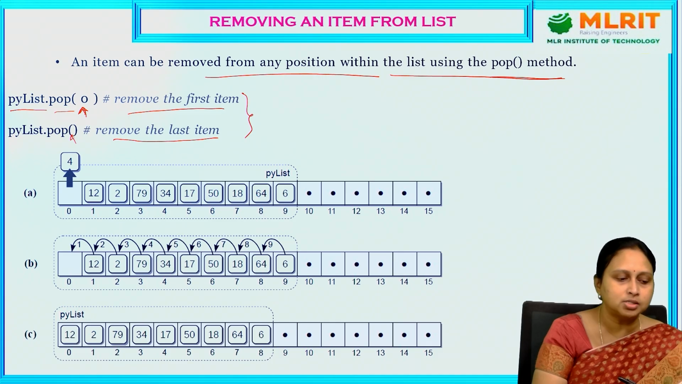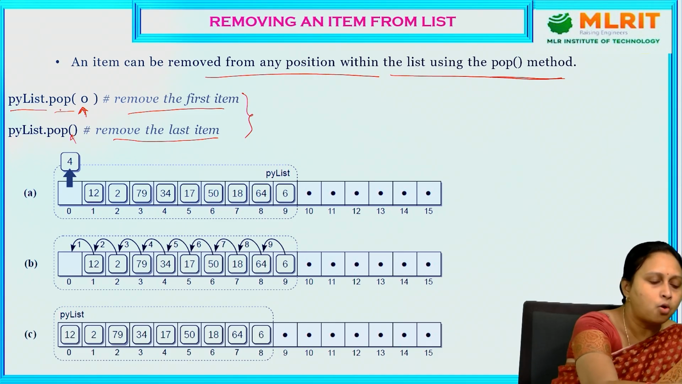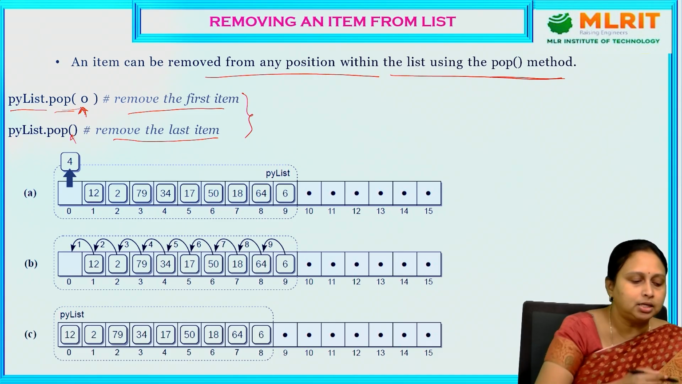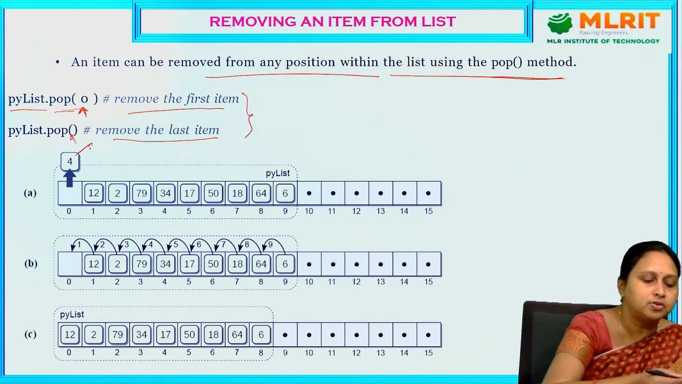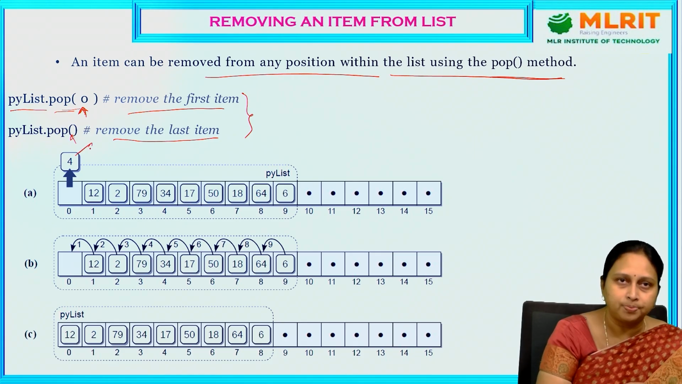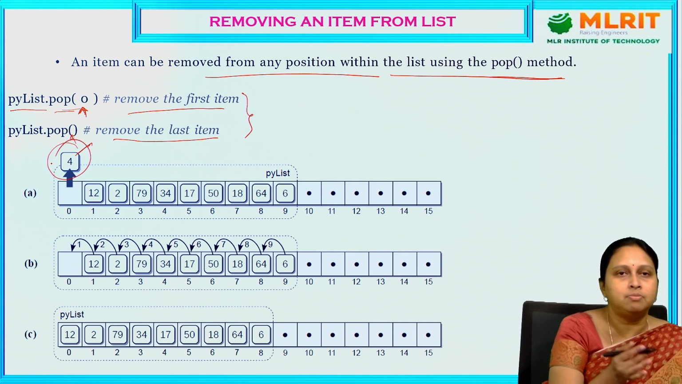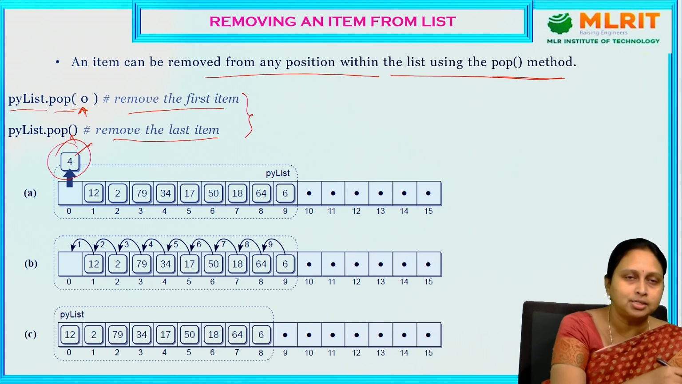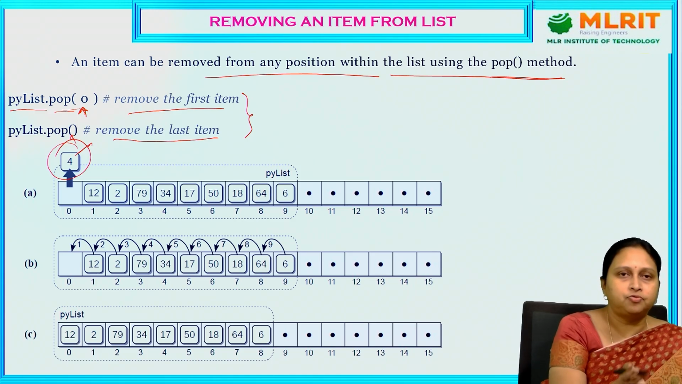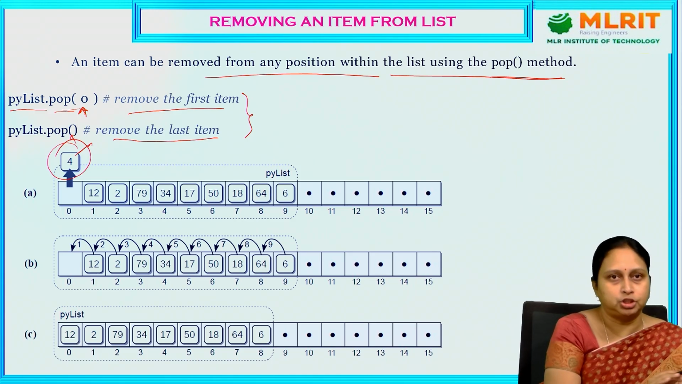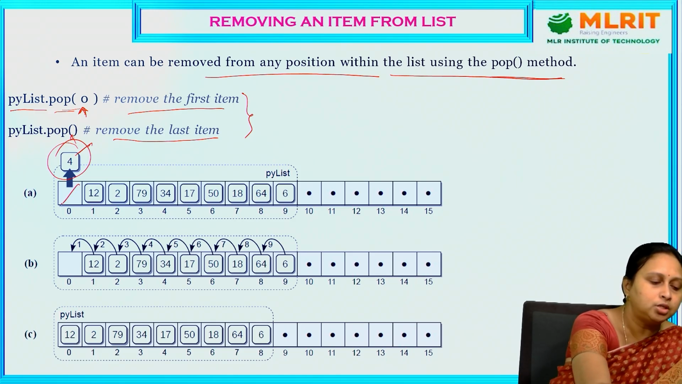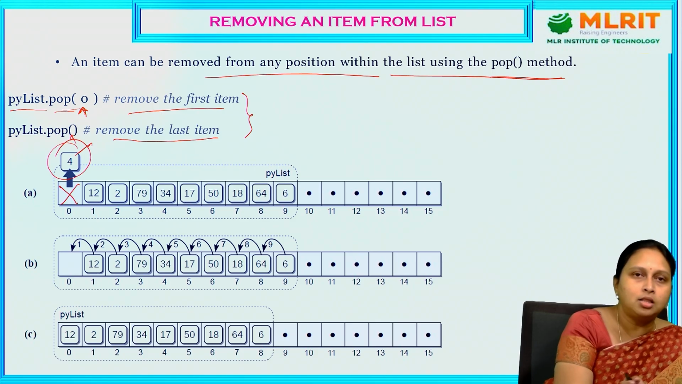Let us see the first one. If I specify pop of 0, it is going to remove the first element. The first element in the list is 4. That will be removed from the list. When I remove this element from the list, the remaining elements have to be shifted to its removed position. That means if I remove this particular element, all the elements are to